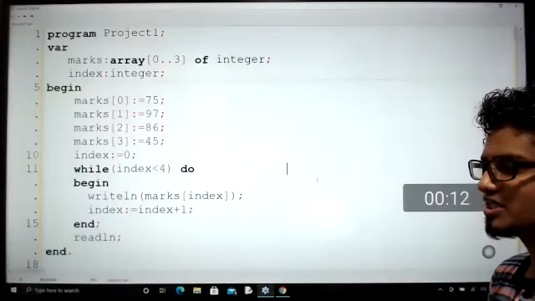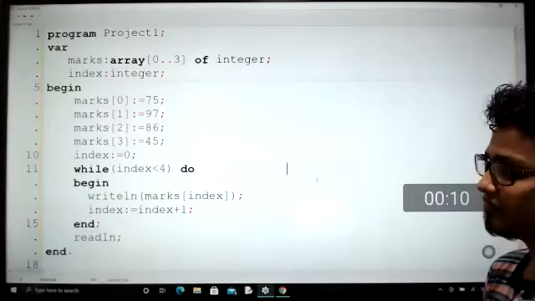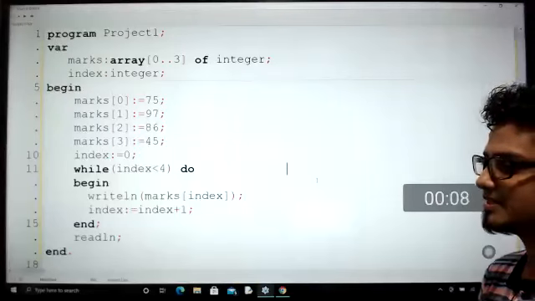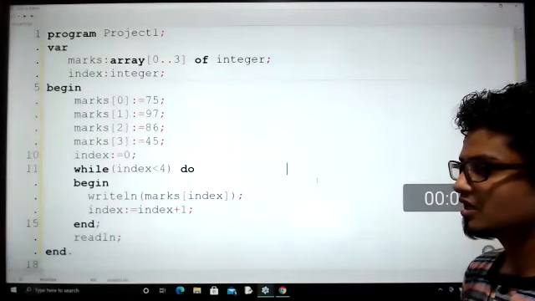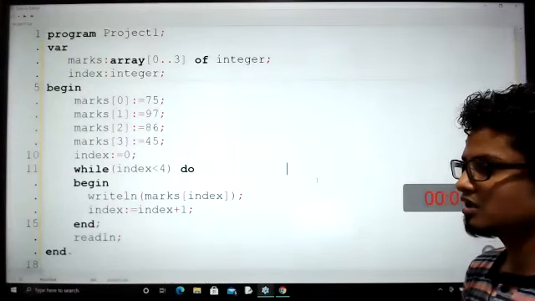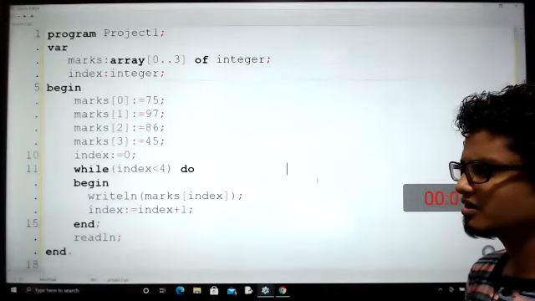Must you have a begin and end within the program like this one? Yeah, obviously in a Pascal code, you need to have a begin and end. Okay, thank you. Devmi, I'm still waiting for your question.